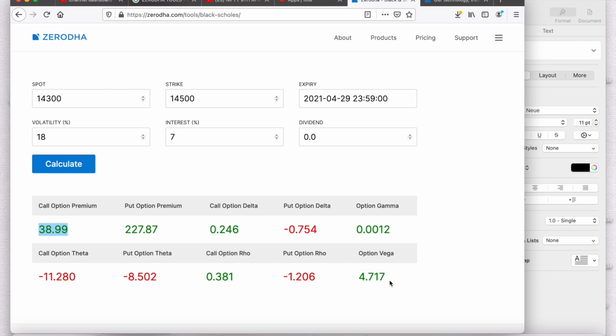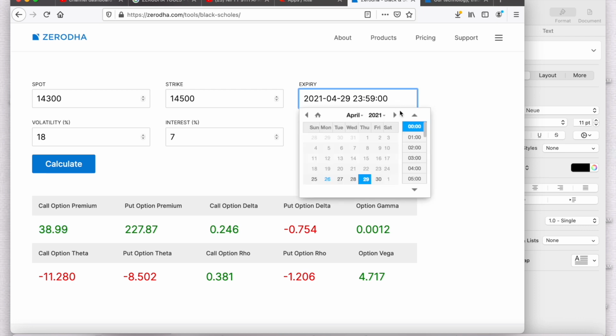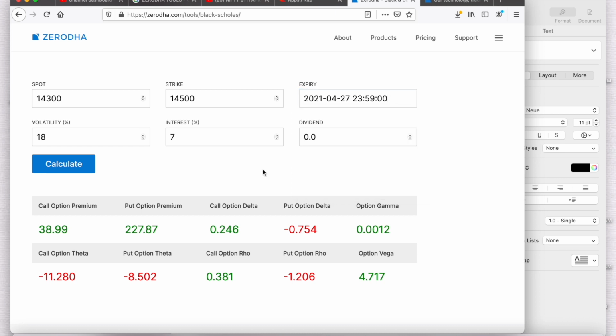Now this is an important part that you note, that is the option Vega, and this is the theta that eats up the money, that eats up the premium of your options. Now to show you an example, see, suppose 26 is today, today is 26 market opening, suppose I come to expiry on 27th, you see the difference that will change in the values. In that case, your premium will reduce by 15 rupees from 38 to 15.